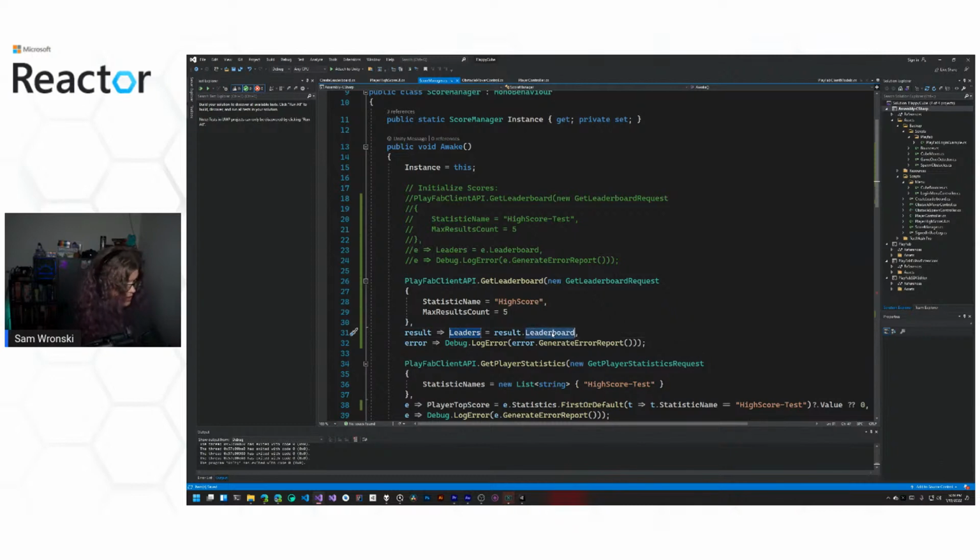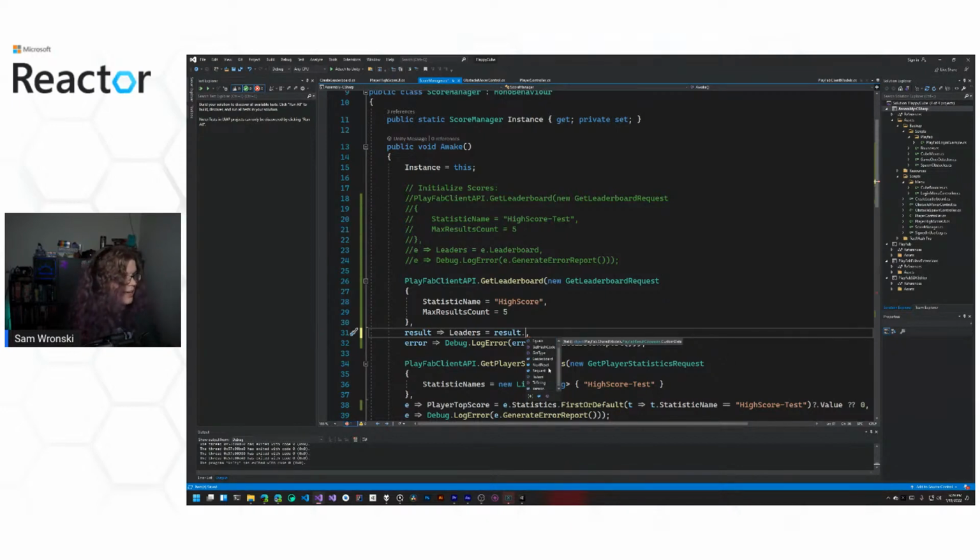There's a few things in the results that you can get. You can get the leaderboard. You can get the next reset. So again, we had the weekly or daily resets for our high scores. This will let you figure out when that's going to happen. So if you want to display a countdown, for example, and say high scores reset in two days, or tournament ends in 1 day, you can do that a little bit nicer.